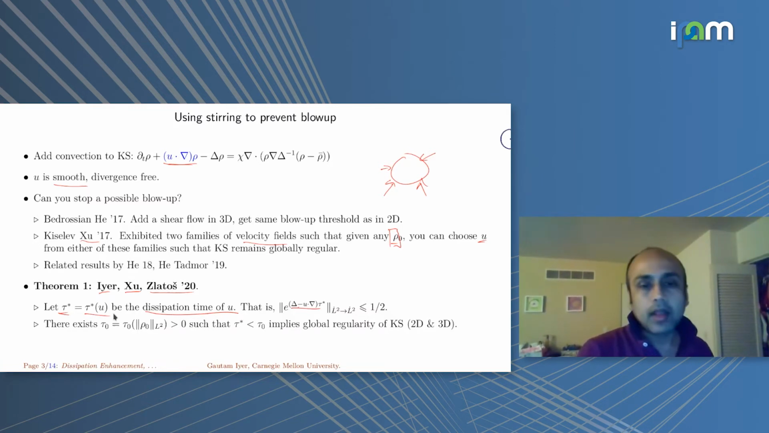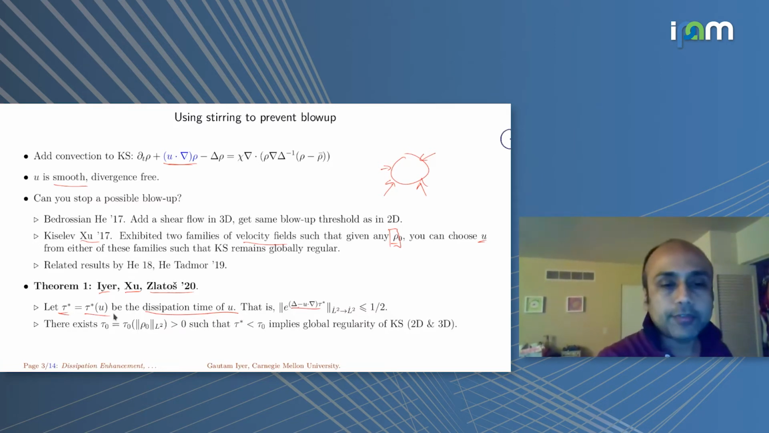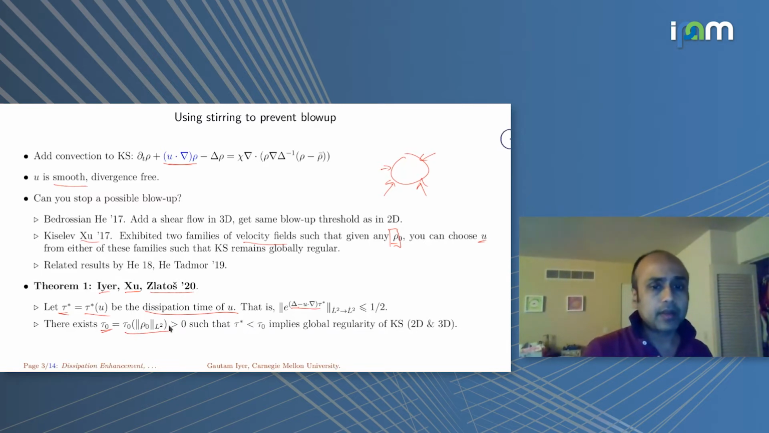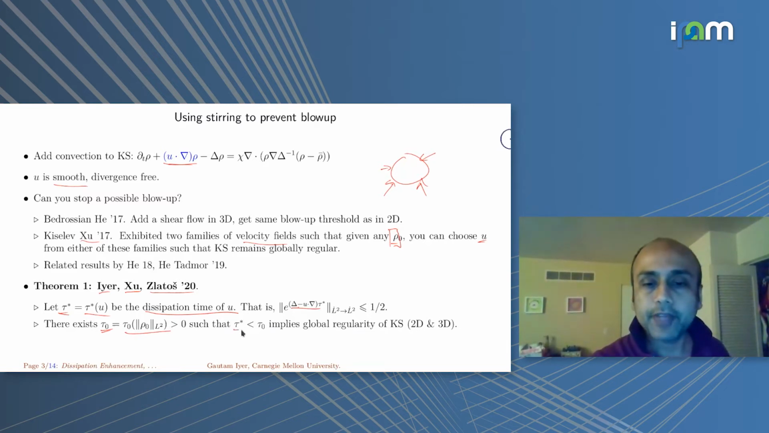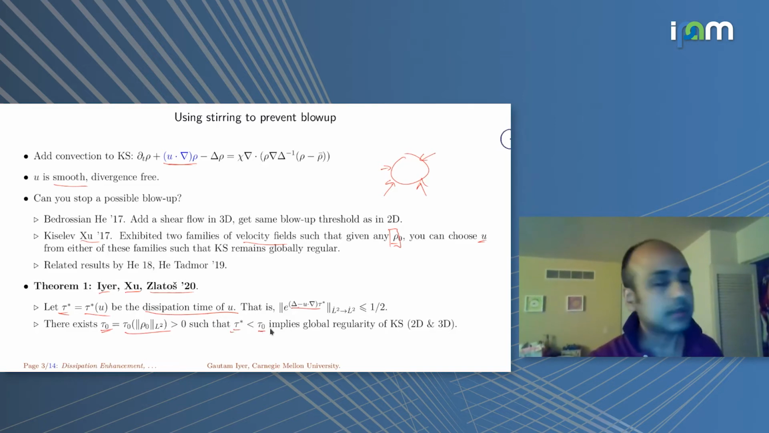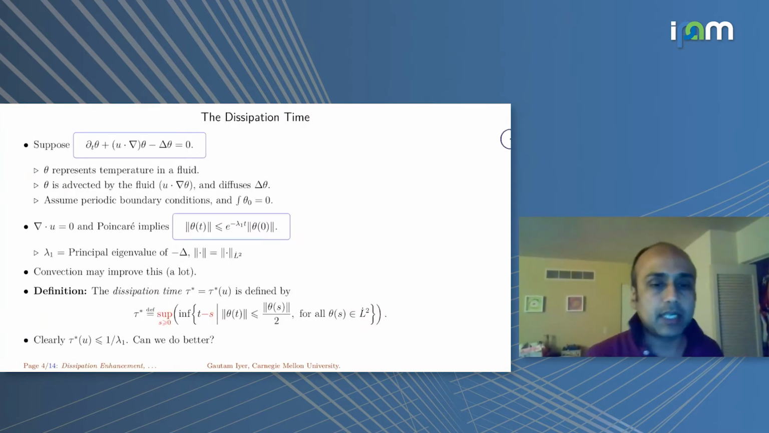Our result is that I can always find a small tau naught. This tau naught only depends on the size of the initial data, such that if tau star is less than tau naught, then no singularity. You have global regularity of Keller-Segel, 2D, 3D, doesn't matter. So how does this work? Let me say what this dissipation time is a little bit more